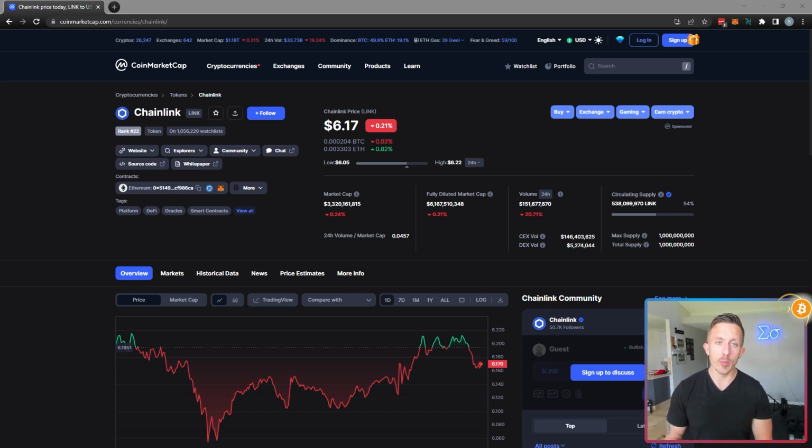Chainlink, one of the most overlooked coins in crypto that's in the top 100 and has an amazing use case and a lot of interoperability between blockchains. Will it be the altcoin of the next run, or will it just continue to be something that's overlooked? Let's have a look at it, look at the TA, and look at what Chainlink is and what it provides